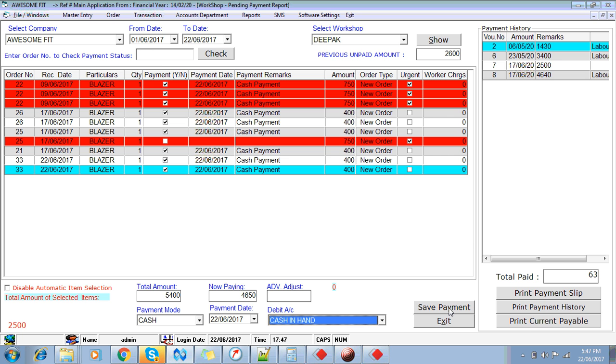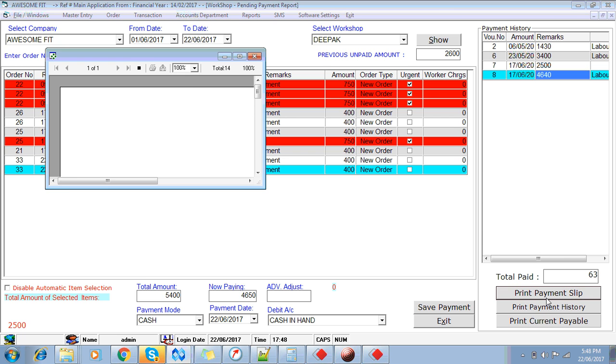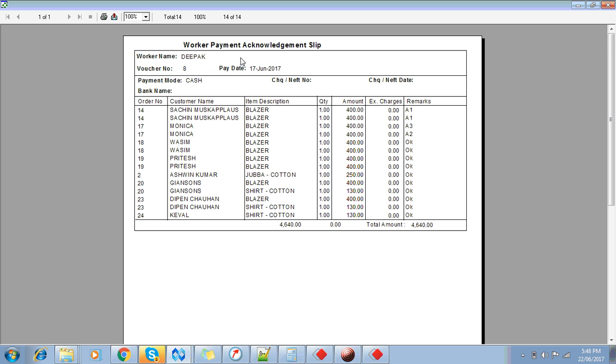सेव होकर ये ट्रांजेक्शन क्लोज हो जाएगा। बट अपार्ट फ्रॉम दैट, एक बार जब ये ट्रांजेक्शन क्लोज हो गया, आपका ये पेमेंट हो गया, तो जैसा मैंने आपको वहां पे दिखाया था, जॉब कार्ड का एक वर्कर पेमेंट एक्नॉलेजमेंट स्लिप आता है, वो यहाँ पर भी आता है। राइट हैंड साइड पे आपको पेमेंट हिस्ट्री दिख रहा होगा, उसमें से मैं पेमेंट हिस्ट्री सेलेक्ट कर रहा हूँ 4640 और क्लिक कर रहा हूँ प्रिंट पेमेंट स्लिप। तो मैंने इस 4640 में इस वर्कर को कितने पीसेस का कौन से क्या आइटम दिया, कितना पैसा दिया था, वो सारी चीजें यहाँ पे लिस्ट हो जाएगी।